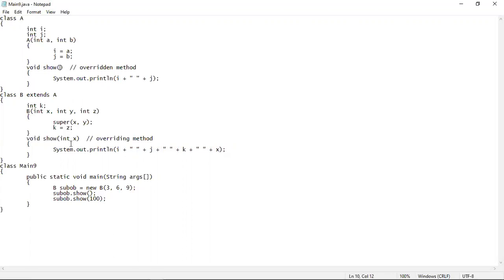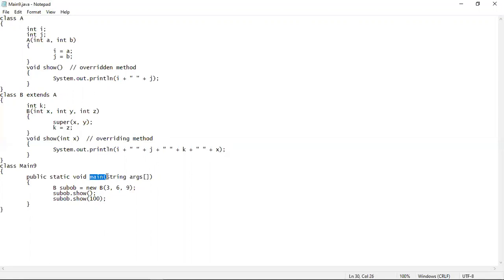So method overloading will take place only if all the overloaded methods are in the same class. This is not the case. Although the methods are in different classes, where you can see that the two classes have a parent-child relationship between them, then also method overloading will take place, provided that the names of both the methods are the same, and the return type and/or the parameters are different. So here you can see that there are no parameters in the overridden method, and there is only a single parameter in the overriding method. So these are not overridden or overriding methods anymore. These methods are actually overloaded now.